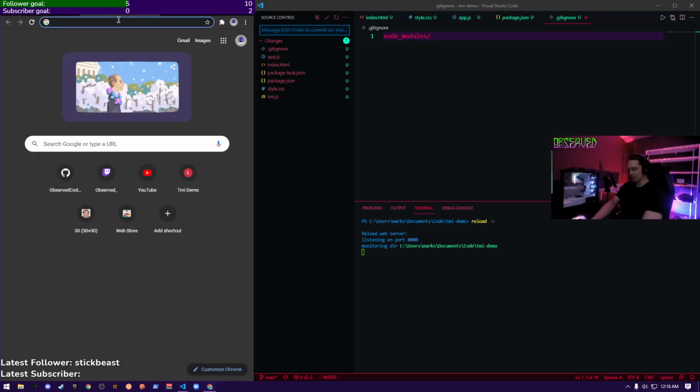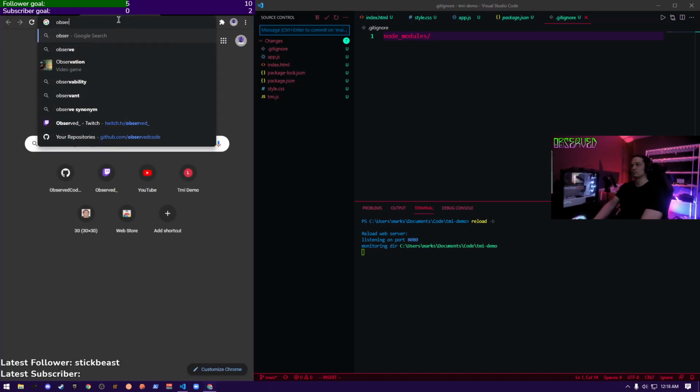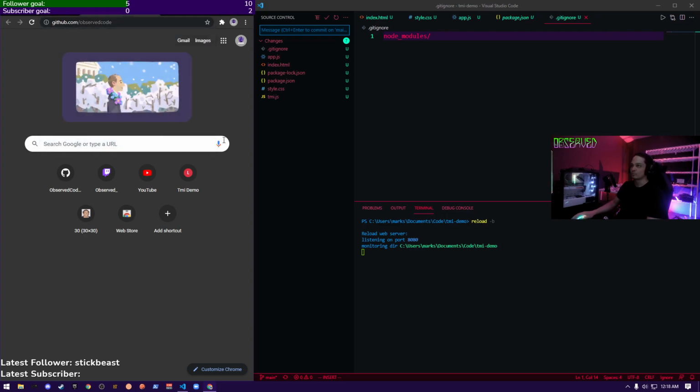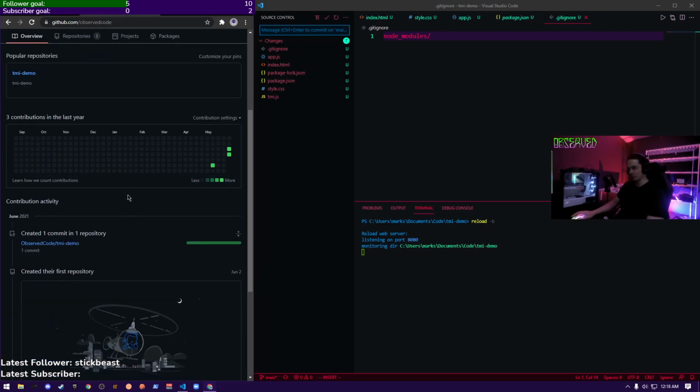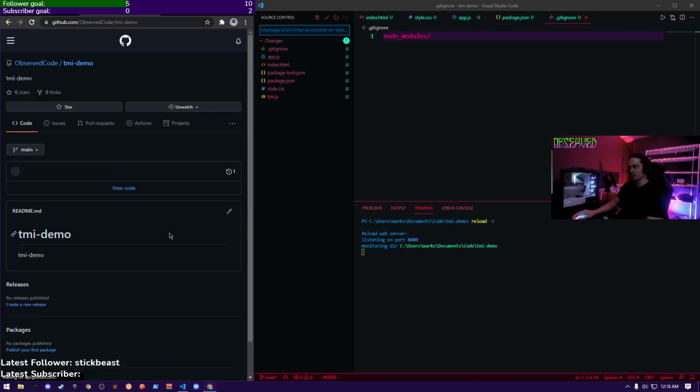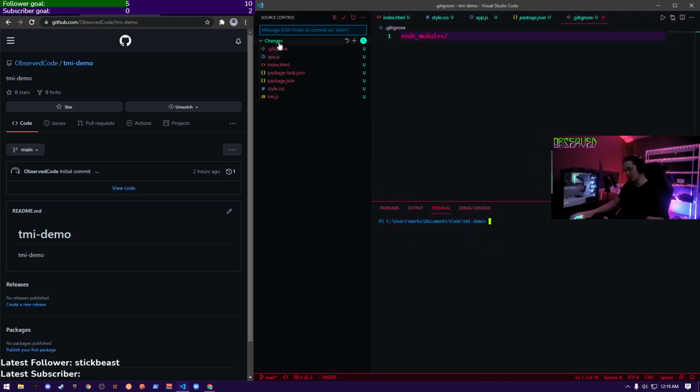Okay, so let me show you. Here's the repo for this thing, right? Yeah, TMI demo. Now, do you guys want me to do this in the command line or through the code? Like the editor, which has a graphical interface. Here, I'll do it through the